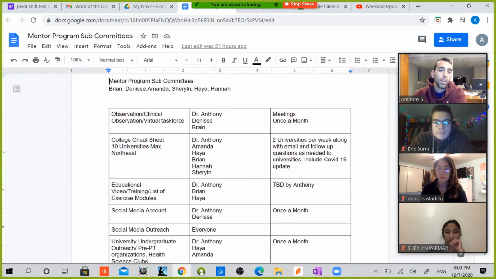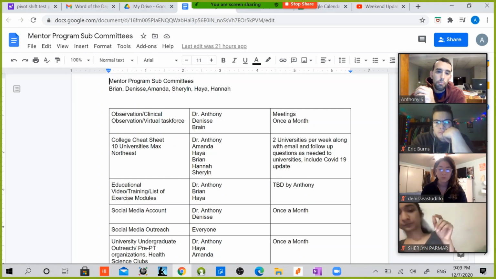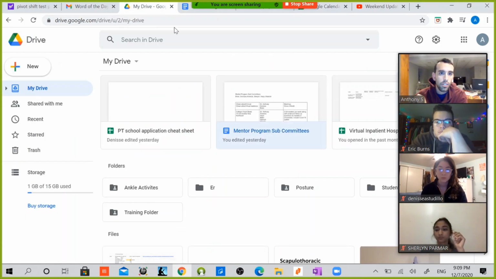The next one, our college cheat sheet. I realized that there are obviously a lot more PT programs than I realized, which is great for everyone here. I'm going to cut it down because it gets a little too much of a headache at times, but I am encompassing everyone in the program. We are doing this per state and things along those lines. Denise is very familiar with this, and I believe Amanda, the other student I have. I'm going to show you guys a quick glance because we want to get you a nice cheat sheet